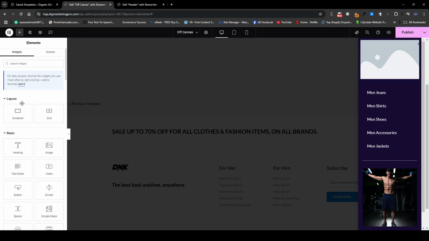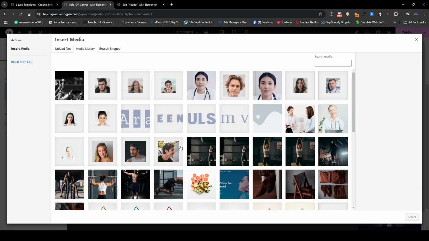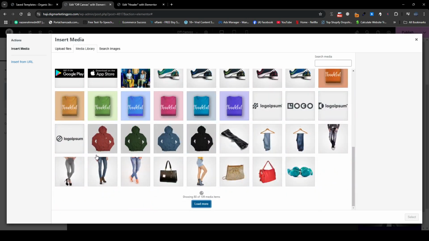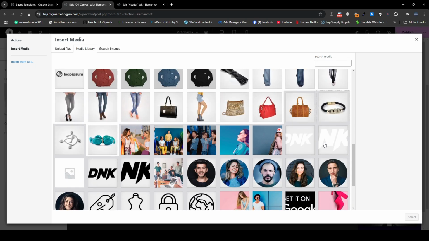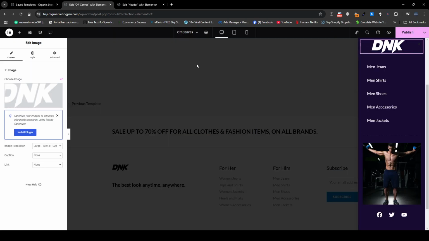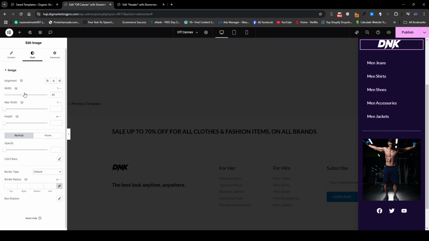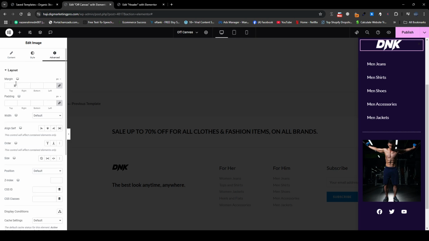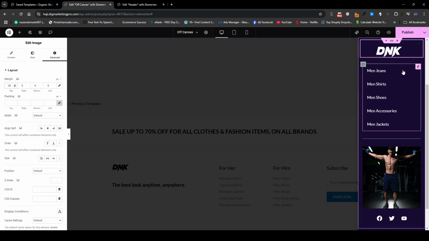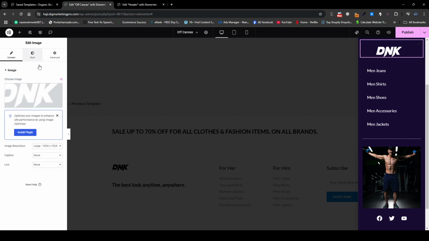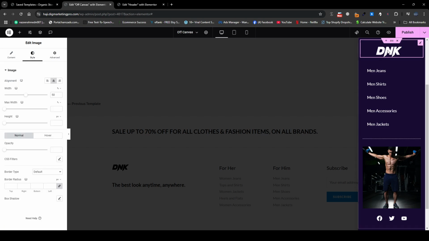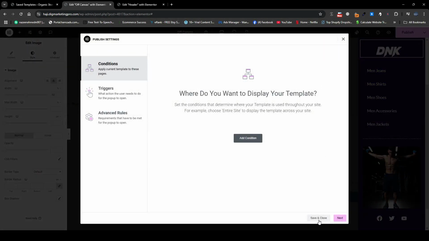And let me insert a logo here. So I will search for an image here, the white logo. I will go back here and I will insert this image here. And let me go to this style. Let me give it a width of 50. I think it looks quite good. Let me give it a margin from here. Let me make it 30. So now it's looking quite good. Let me go to the style here, just make it center and just click on publish,